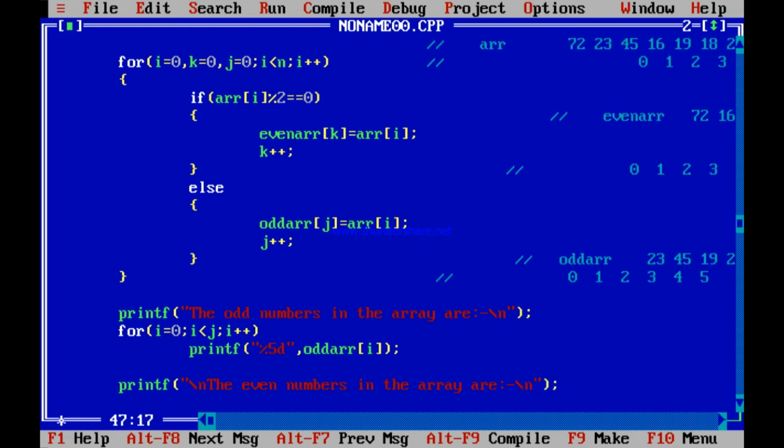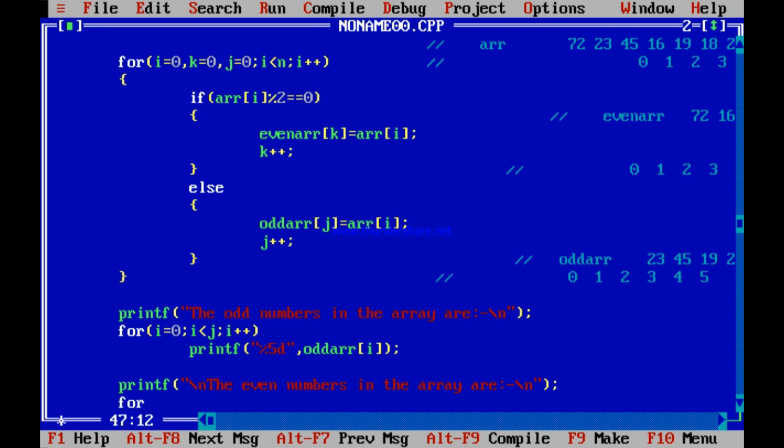What are they? Printf %5d even_arr[i], where i will be again in a for loop.